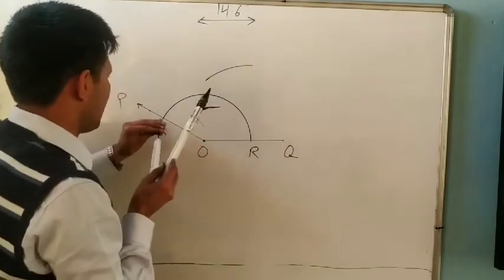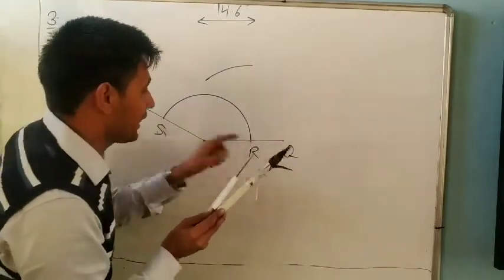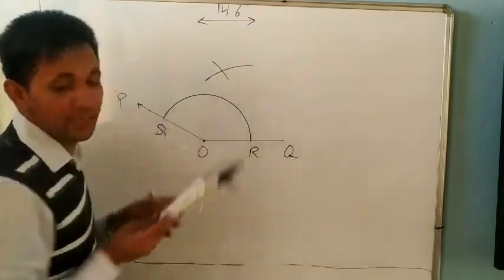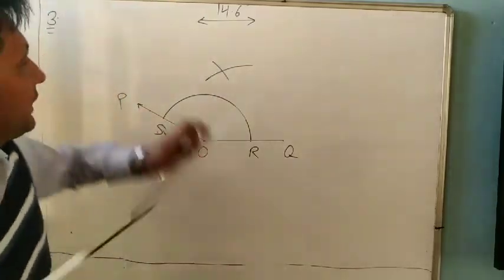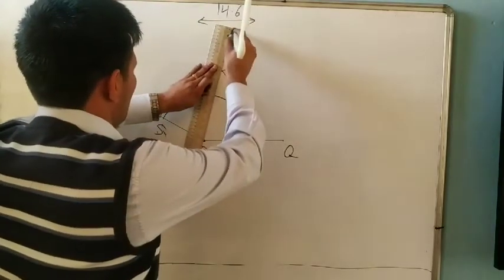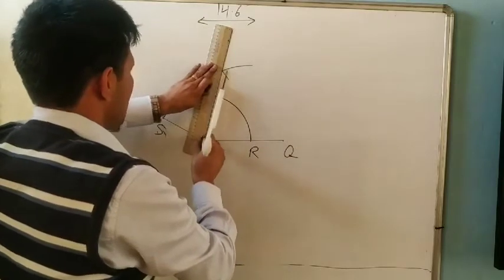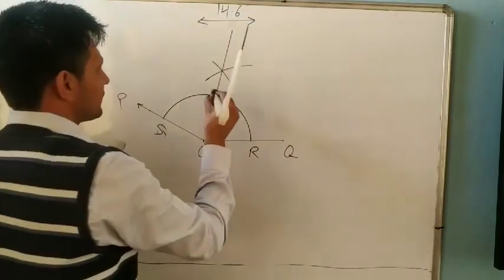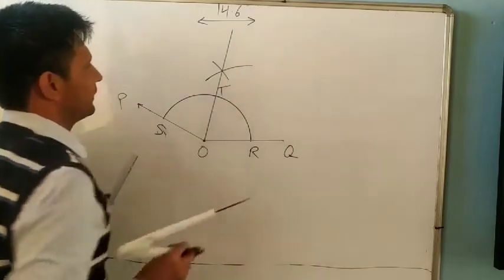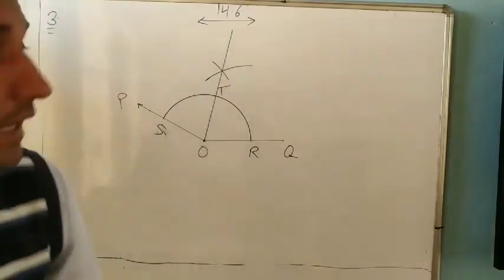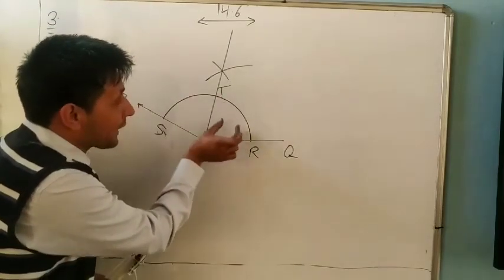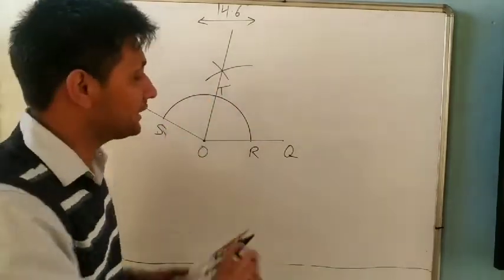And now, once we put the pointer at R, second time on S, without changing the compass. It is in two equal parts. Okay. So two equal parts. Suppose it is, what name will you give? Suppose it is T. Now we will divide angle TOR again in two equal parts, same as in the line.